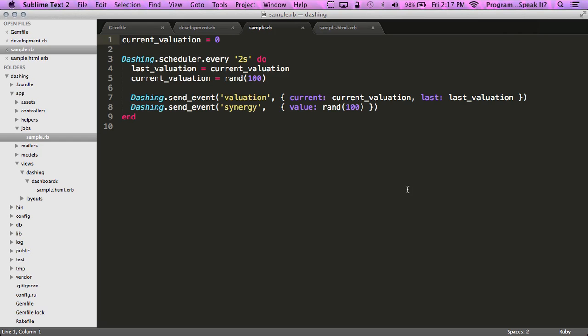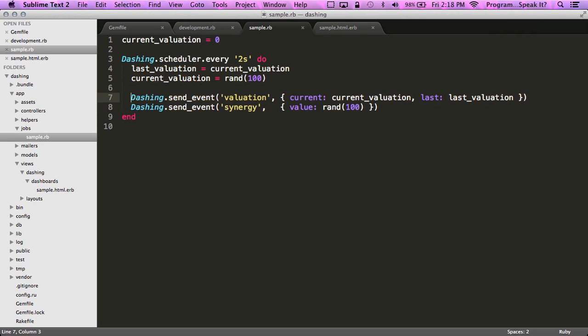At a high level, Dashing uses the idea of a job, and we have access to a dashing object that has multiple methods and pieces of syntax that can be used on it. You want to check the documentation, but the important thing to understand is that the dashing scheduler can be passed a block, and inside that block we can specify all types of behaviors. In this example, the detail that we want to focus on,